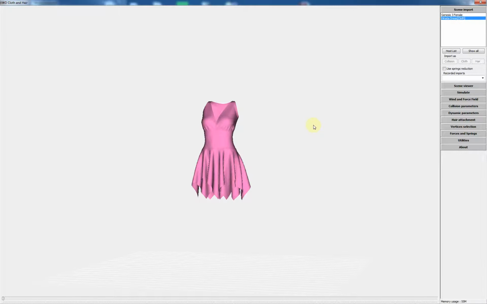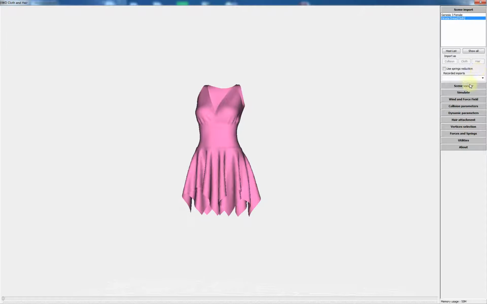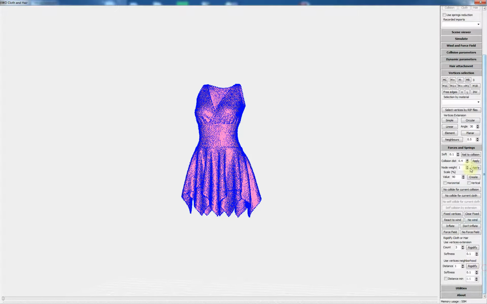And now I want to use the force field to expand the outer part of the double layer. I will use the force and springs, and I will select the outer part.